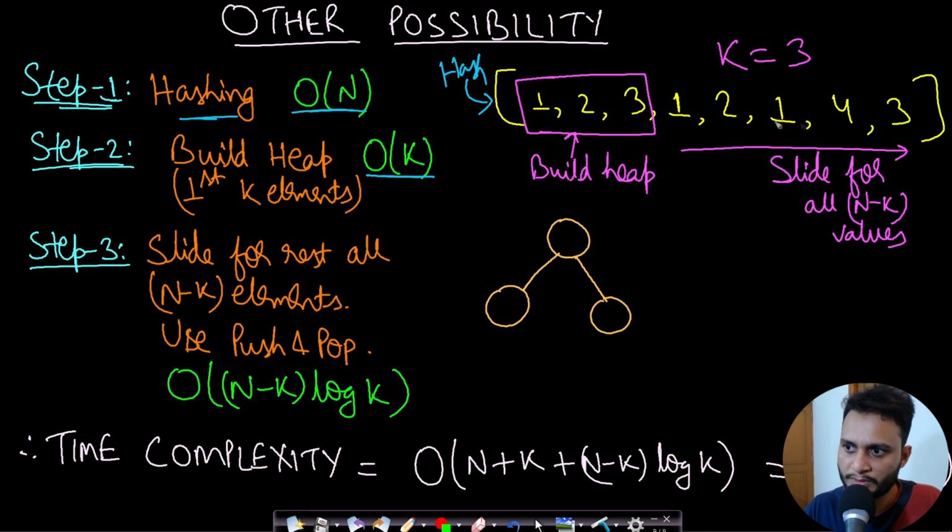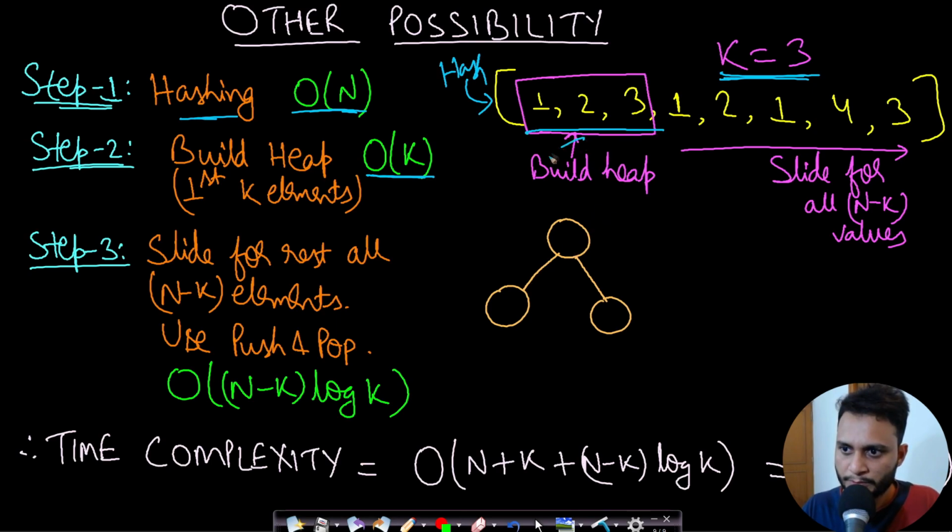I have not shown the second value, I am just showing a single value. If it is having n number of elements, and if the k value is 3, then we can build a heap of size k. Why are we building a heap of size k? Because we only require the top k elements and we have no interest in other elements, right? So let's assume that k is 3 here. So we will take the first 3 elements, we will form a heap.